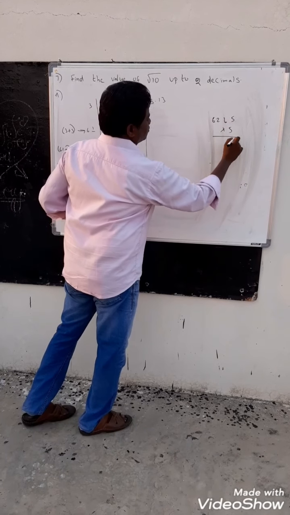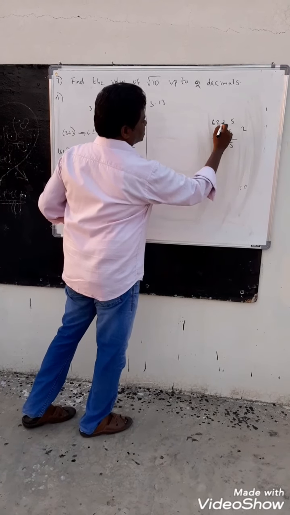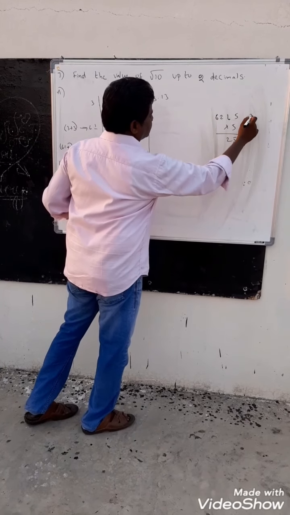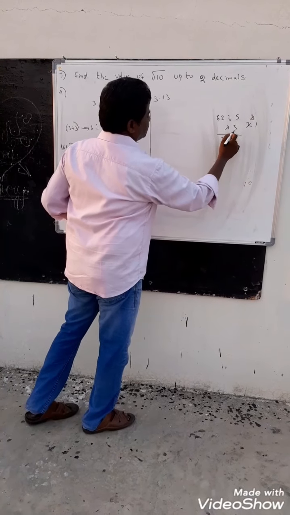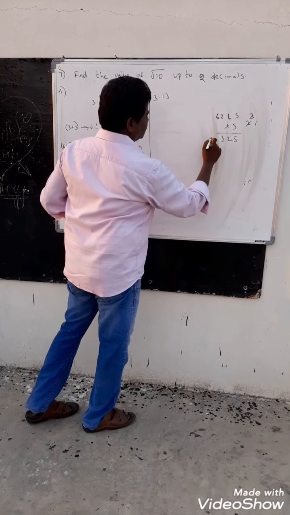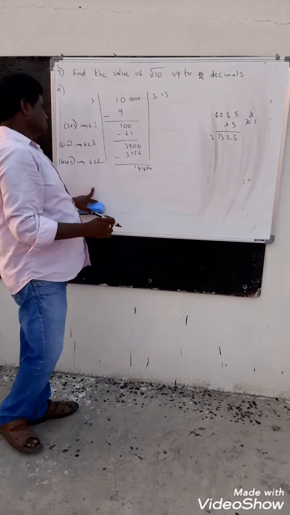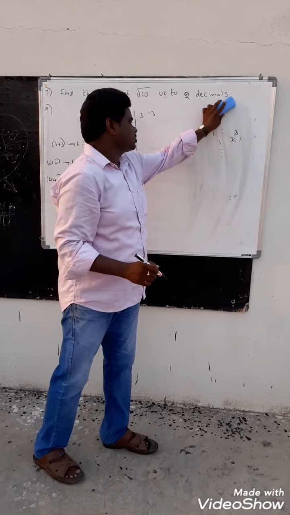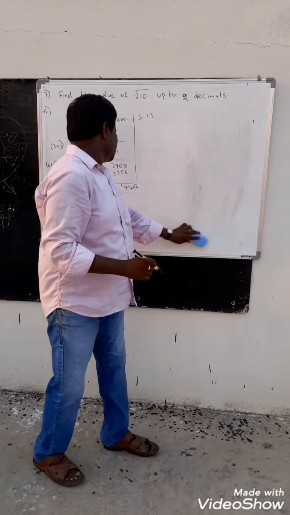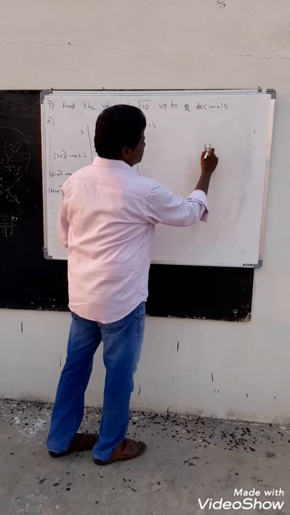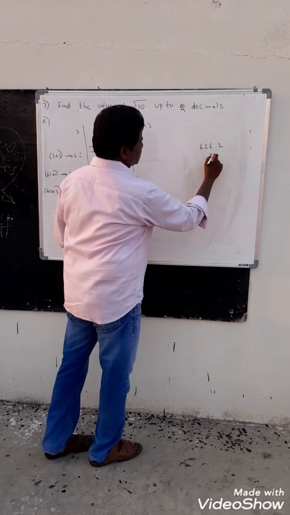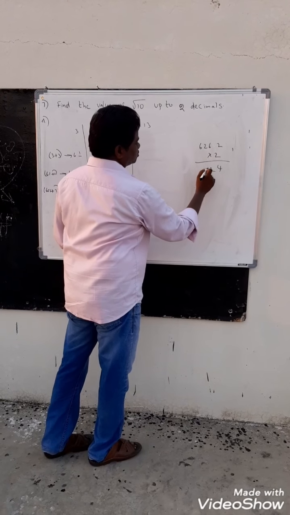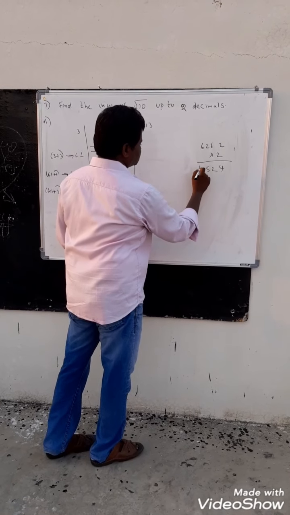into 5. 5 5s are 25, 5 6s are 30, 30 plus 2, 32, 5 2s are 10, 10 plus 3, 13, 5 6s are 30, 31. So that is going to be very big. That's why we take 2 only. That means 6 2 6, just 2 I am placing, into 2. 2 2s are 4, 2 6s are 12, 2 2s are 4 plus 1, 5, 6 2s are 12.